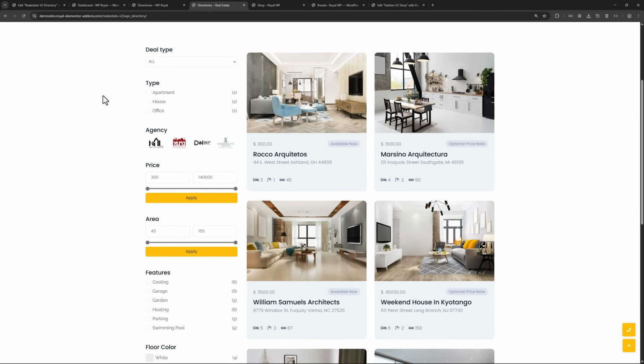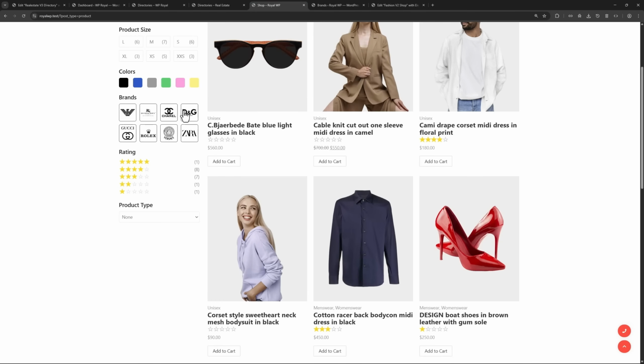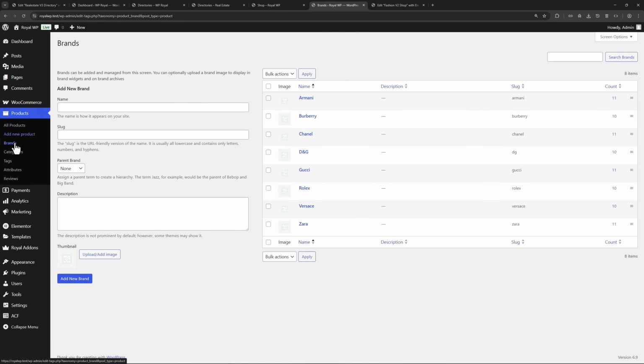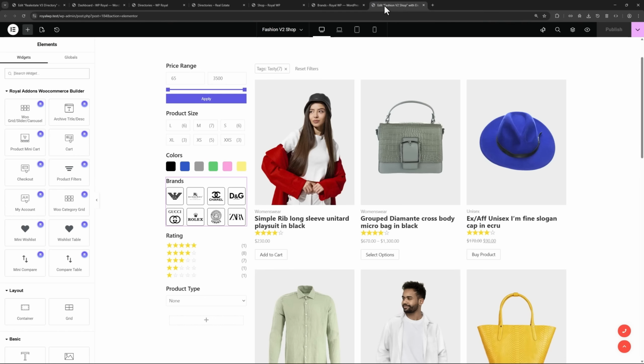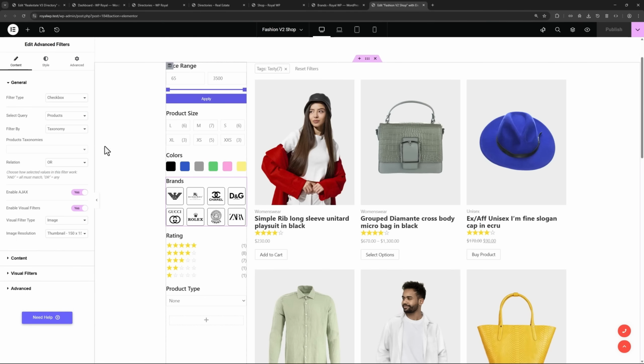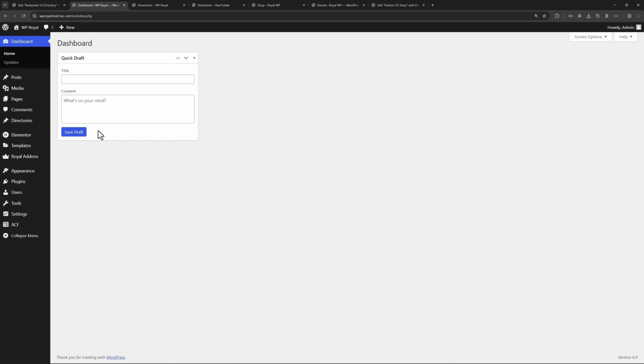I've already created a custom field and used it as a color filter, but now I want to show you how to create a custom taxonomy as a filter, like in the case of brands in the first part of the tutorial. Brands in Woocommerce are native taxonomies where you can register different brands. In Elementor, I've set filters by taxonomy and product taxonomies as brands. However, in the case of custom posts, you have to create custom taxonomy as well, which can be done from